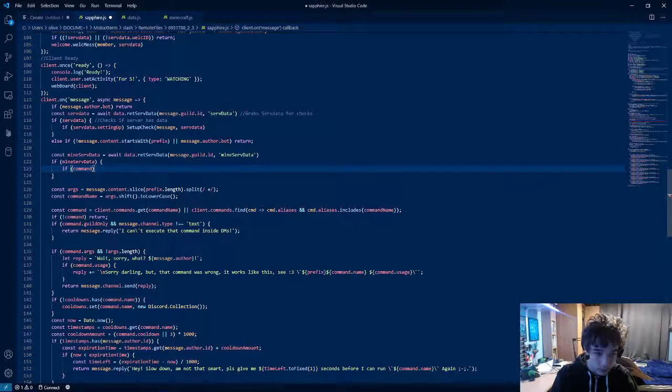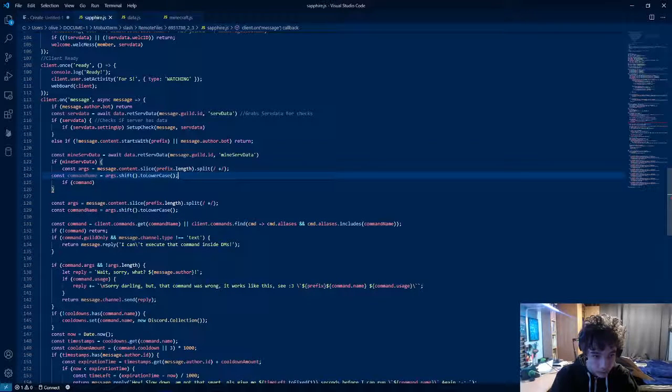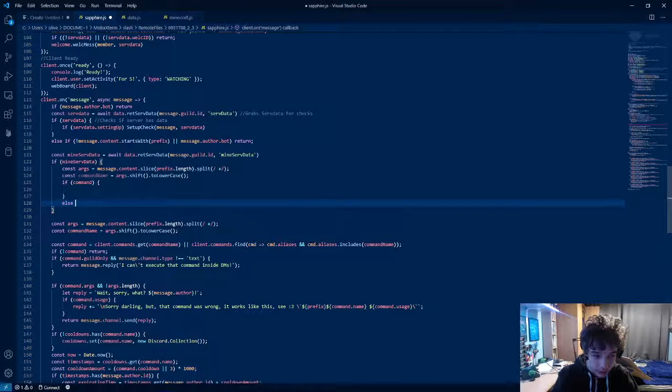If the command exists, I believe I need to now strip off. Yeah, I need to do that. This may cause issues later on, so what I will do is do that and then else